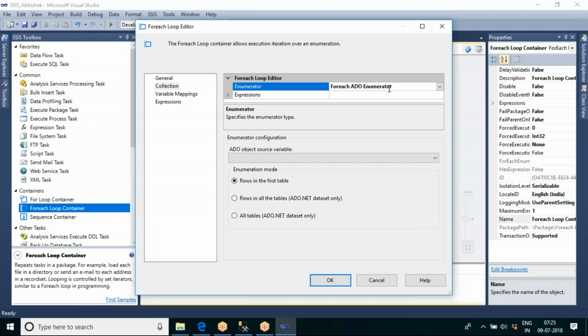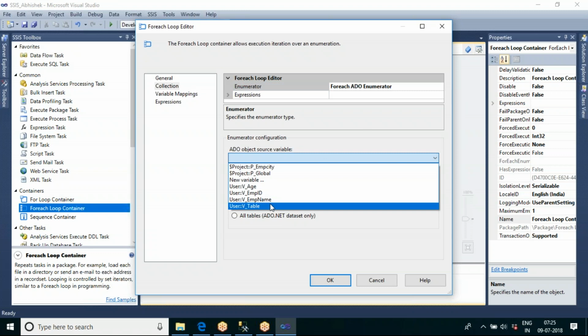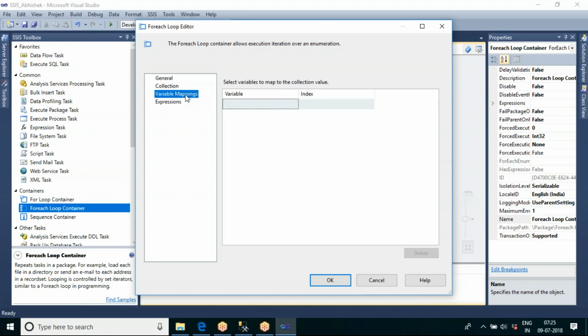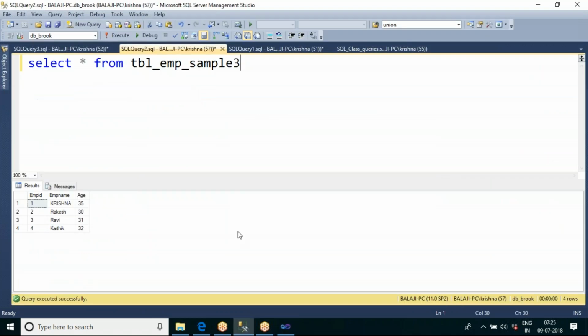And in which variable is your source data coming? In this v table. It will read the rows data from the table, and now you can see that it will go and read the entire table data and each column data. We are getting this data in the variable, the employee column.